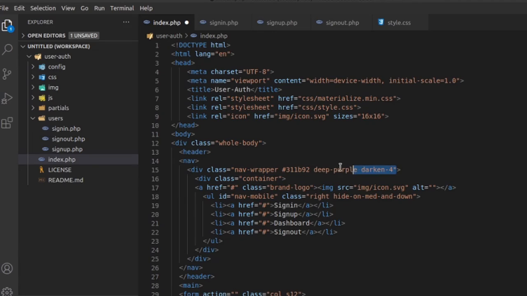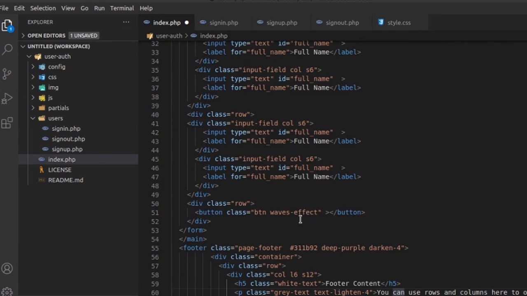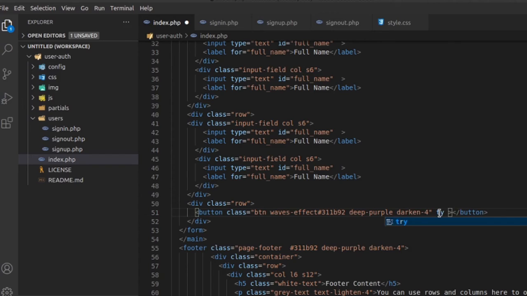Let's copy this color, Ctrl C and paste it below here. Okay, this button type will be submit. Type is equal to submit. Button text will be Sign Up.